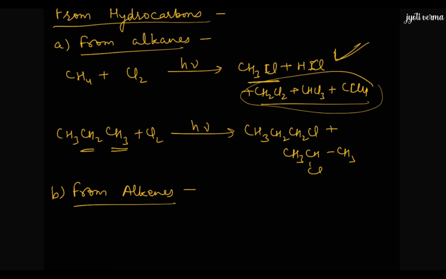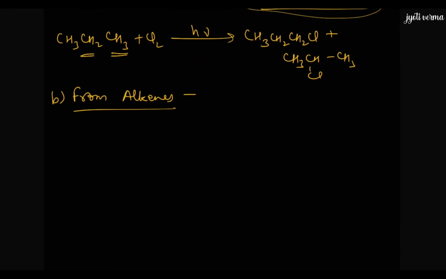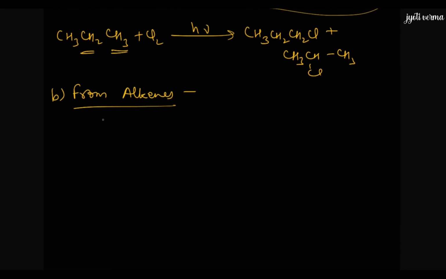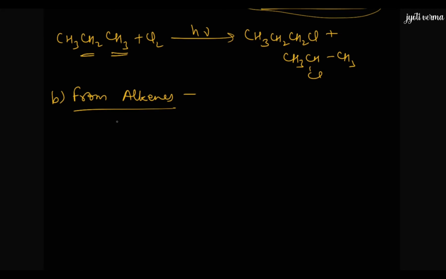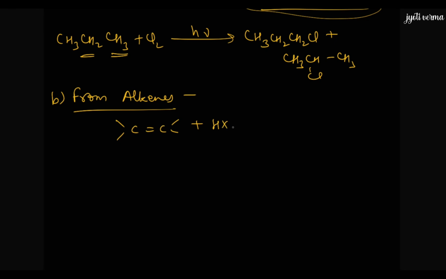Now here we are doing it from alkenes. From alkenes we can do the addition reaction. So how can we do addition? Say for example this is the alkene and we are adding the hydrohalic acid to it, and we will be getting a compound. H will be added on one side of the double bond and X will be added on the other side. So here is H, say, and here it will be X. So that is how the double bond converted to a single bond and we got an alkyl halide.